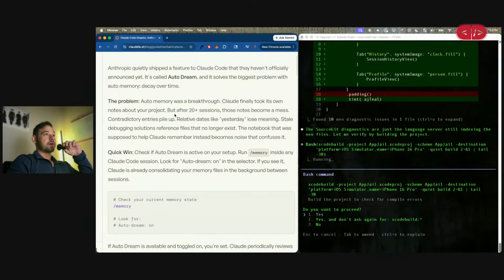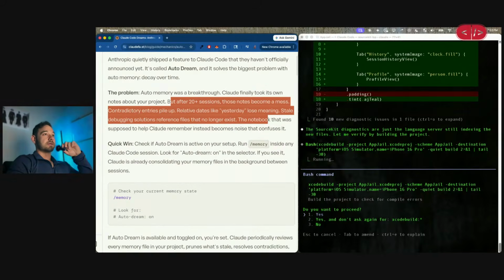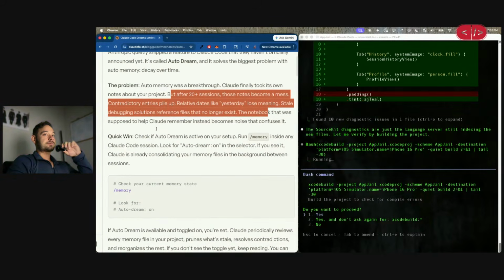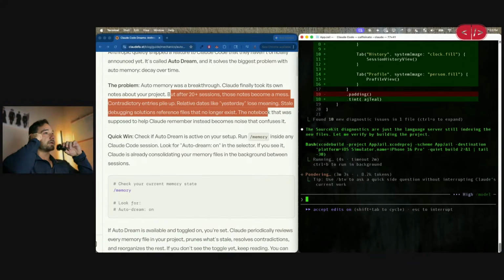Claude finally took its own notes, which is basically what we talked about. But after 20 plus sessions, those notes became a mess. Contradictory entries piled up. Relative dates like yesterday lose meaning. Yeah, that's true. Failed debugging solutions, blah blah blah. The notebook was supposed to help Claude remember. Instead, it becomes noise. So what they did was